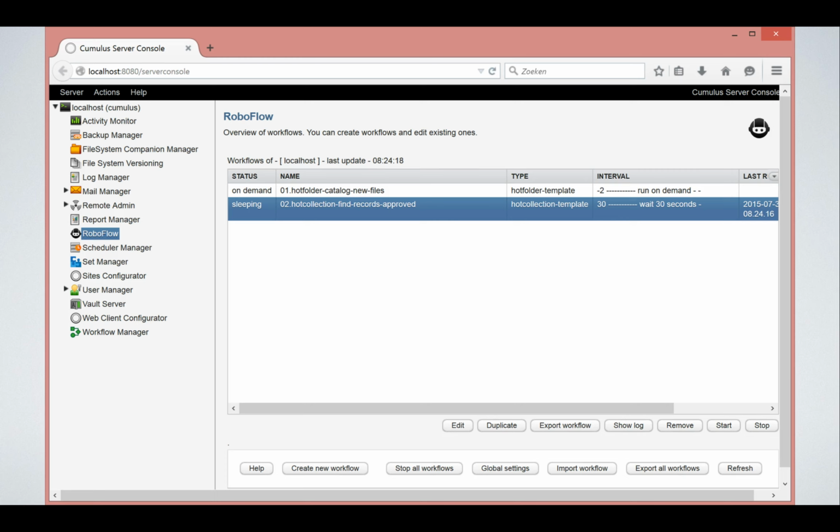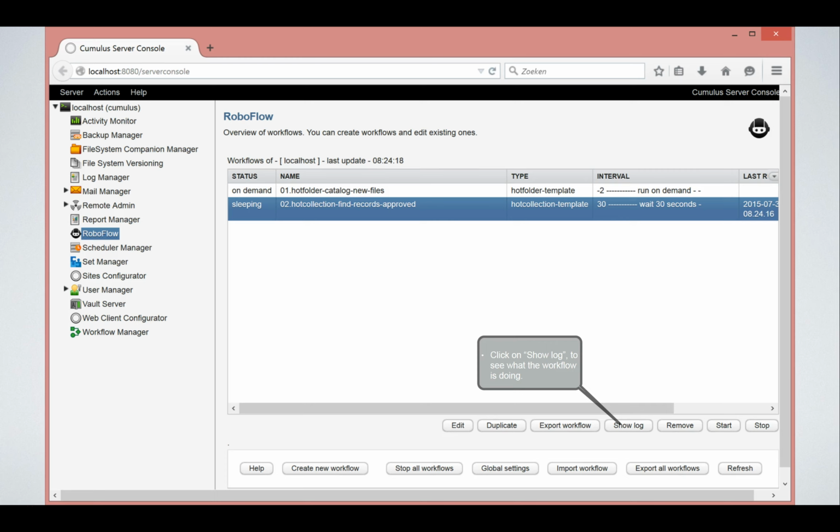If I click OK, we have now a new workflow that will run every 30 seconds. Not every 30 seconds, it will run, execute, sleep 30 seconds, run, execute, sleep 30 seconds. And so it's not an interval, it's a sleep period, the 30. So I don't need to click on start in this case. Only the very first time when it's new, you can click on start to make it start. Otherwise, it will be running